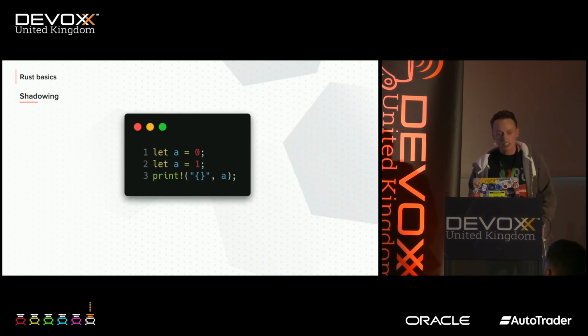You have shadowing in Rust as well. This is not common in a lot of other languages. Shadowing is a little bit of a controversial feature. It can be problematic in making readable code, but there are good reasons why shadowing is useful in Rust. By shadowing, I just mean that if you declare 2 variables of the same name, the second one will shadow the first. Within the scope of these variables, you'll only be able to identify the later one you declared that shadowed the first one.